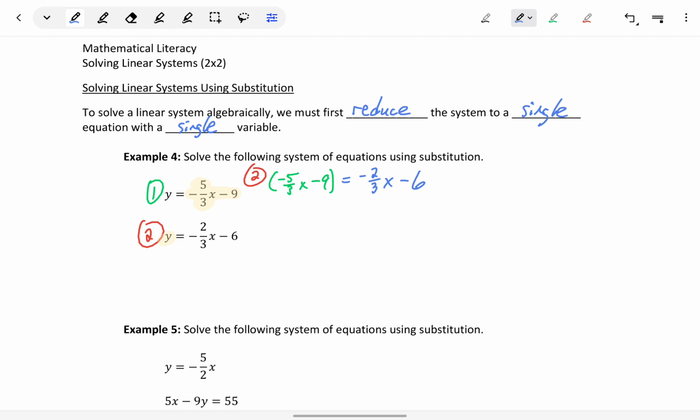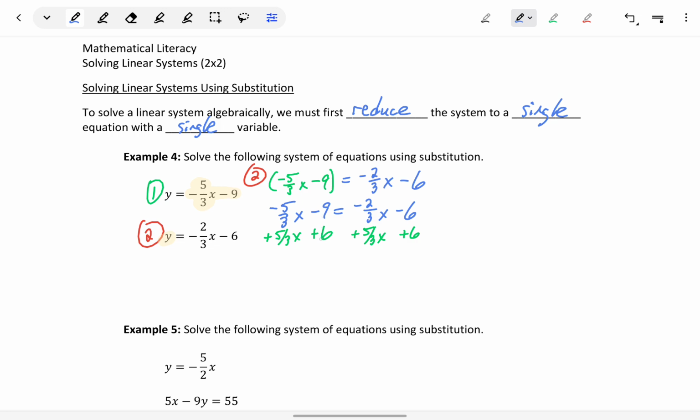And now we have a single equation with one variable, and we can solve that using methods we've established in previous sections. The first thing we can do is just drop those parentheses. We don't need those. And rewrite this as -5/3 x minus 9 is equal to -2/3 x minus 6. What we want to do is group all of our variable terms on one side of the equation, all of our constant terms on the other side. So we can start off by adding 5/3 x to both sides, and by adding 6 to both sides,